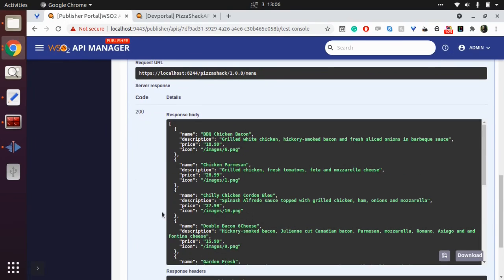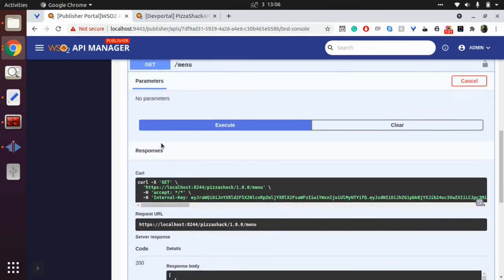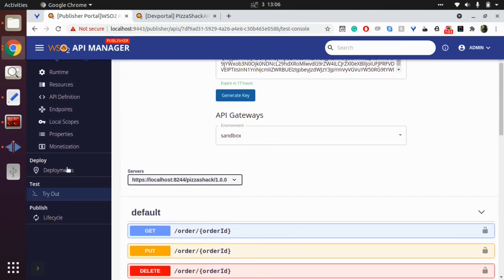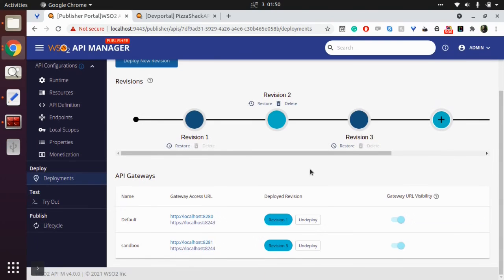Now we can deploy revision 3 in the production environment to make the changes available to API consumers. For that, let's go to the deployments section again. Here we can't find a deploy button against the production gateway because revision 1 is already deployed to the production environment.